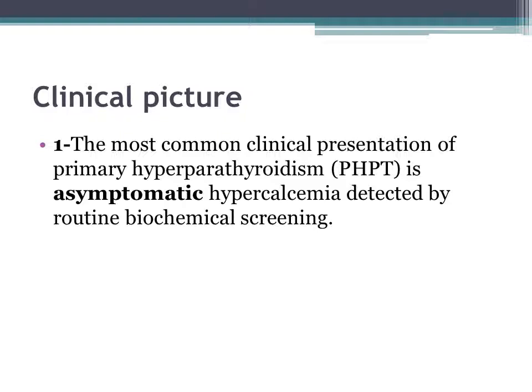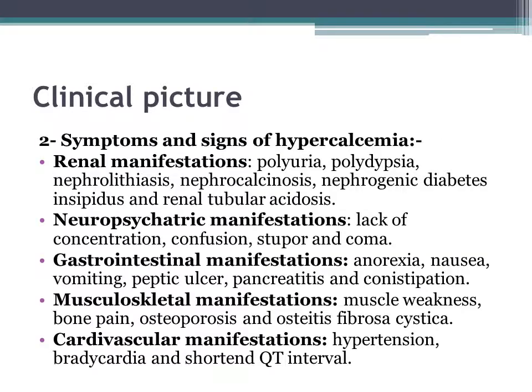What about the clinical picture? The most common clinical presentation of primary hyperparathyroidism is asymptomatic hypercalcemia, which may be detected accidentally during routine biochemical screening. So, if there are symptoms or signs, they will be of hypercalcemia, like renal manifestations: polyuria, polydipsia, nephrolithiasis, nephrocalcinosis, nephrogenic